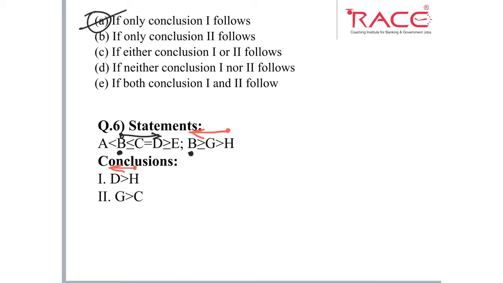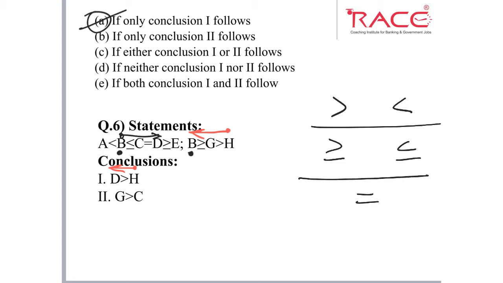I will give a reminder. This is greater than, this is less than. They have highest priority. Greater than or equal to, less than or equal to, they have lesser priority than greater than and less than, and equal to has the least priority. And these belong to one family, that is the greater than family, and these two belong to the other family, that is the less than family. And two signs belonging to different families must not appear between any two elements. If any opposite signs are there between two elements given in the conclusion, then the conclusion will not follow.